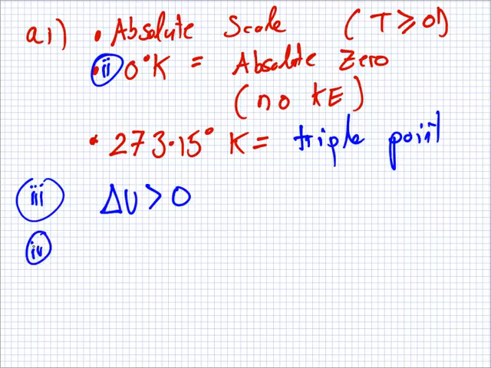In a real gas, the internal energy depends on the kinetic and the potential. Explain why this is not the case in an ideal gas. So you remember from the proof, that's bad. Sorted? Okay. So if you remember when we did the proof for the ideal gas law, we said that